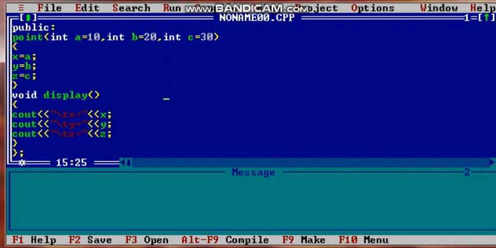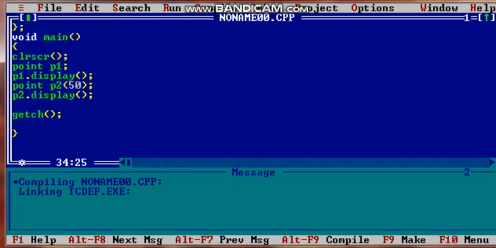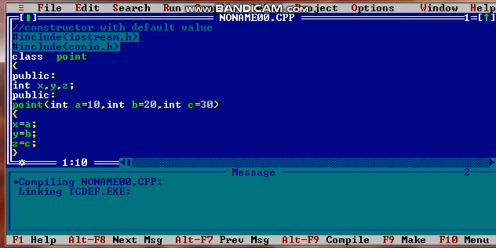To change the line, what do we have to do? \n. Now you can check your answer. See this one. Now you can create more objects. To check it, you can pass 2 values, 3 values, like this. So this is your constructor with default values.